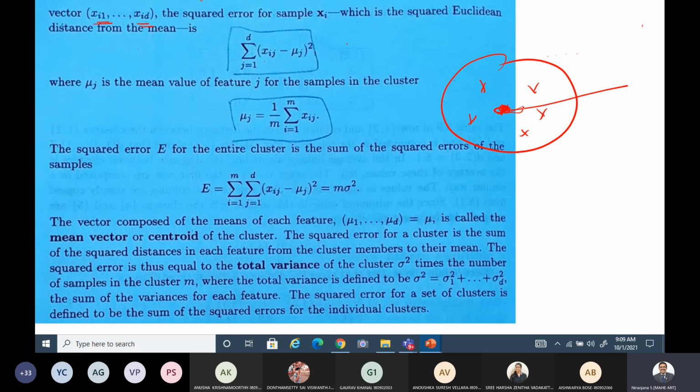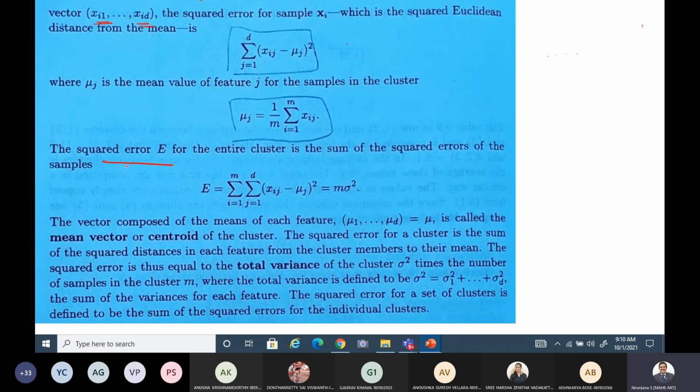That is what you are estimating here. Error. Okay, how much away from the center, that is quantified by squared error here in a way, right? But when there are multiple clusters in this sample space, what is the squared error contributed by each cluster you have to calculate. Anyway, once you calculate squared error for a sample, what is the total squared error you have to find out later.